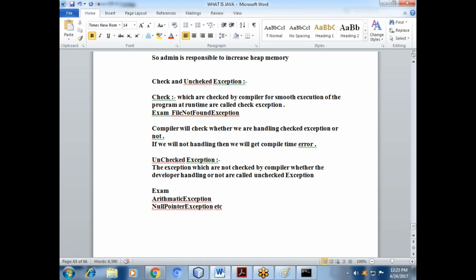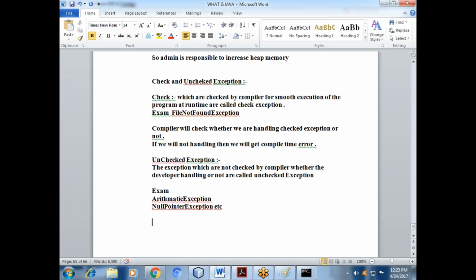Okay, so you have completed checked and unchecked exceptions. Then we will go to exception throws, meaning whatever the checked exception is, and through use of the throwable exception, how you will get all those things I will implement. That's better for us.